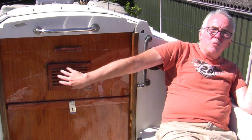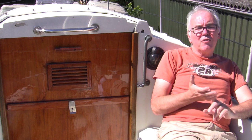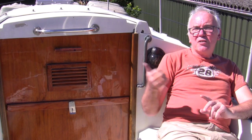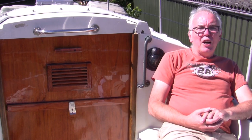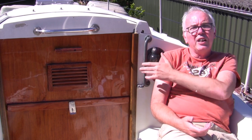varnishing work. These washboards, which I've now finished, I've used a variety of different varnishes. They're all from International, and just for the sake of it, I did this top one in 2-pack International Perfection Plus, the bottom one in Standard Compass, I think it was. I've done some of this type of wood using wood skin, and